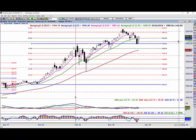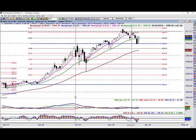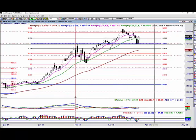Now, if you want to be less aggressive, and I say that with tongue in cheek, you could put your stop down below the 1551 moving average, but less aggressive, that just means you're willing to risk less. You still may get a move back down to that level as we did here and bounce, right? So it is possible that you're going to be stopped out of a trade if you set your stop too tight. Remember, this is Amazon, right? So if we look,